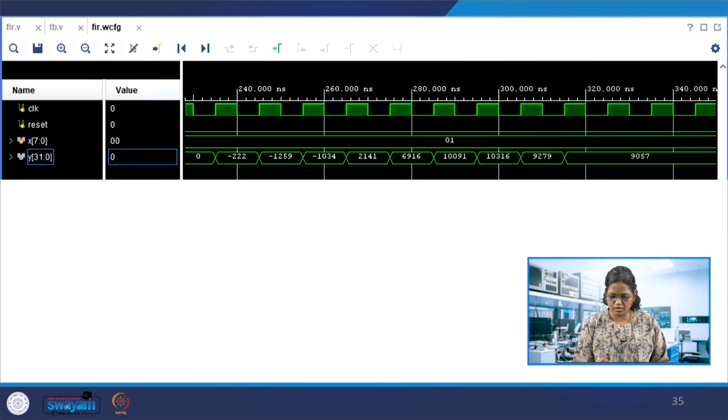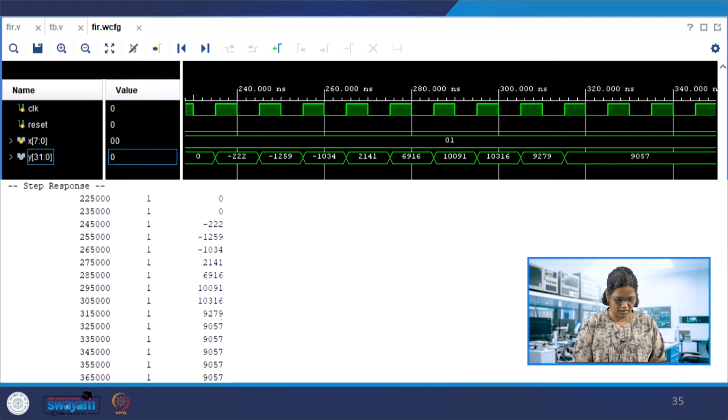And the step response: you can see the 1 appearing after the initial 20 clock cycles. The step response is approaching, if you scale it, 0.9057. There is a small steady-state error due to the approximations. Otherwise this works, and the step response is shown over here. With this we have done the Verilog codes for the three. One is using the coefficients stored for the transpose structure. The same thing can be done for the FIR filter direct form 1 also.